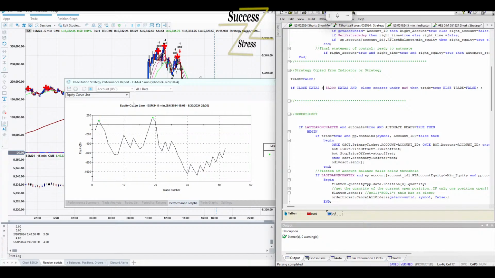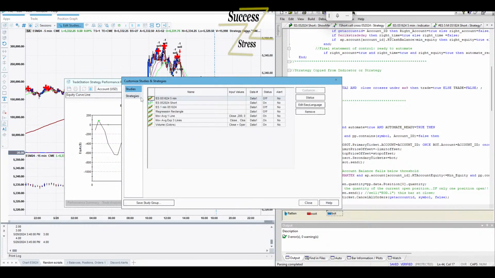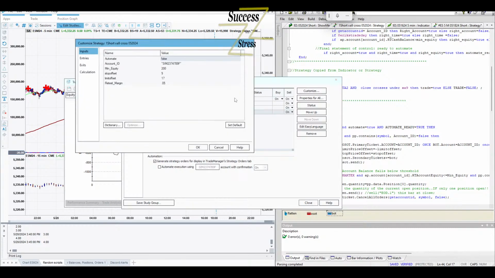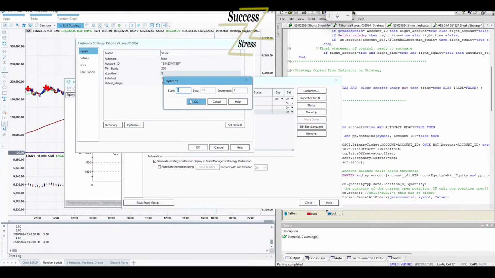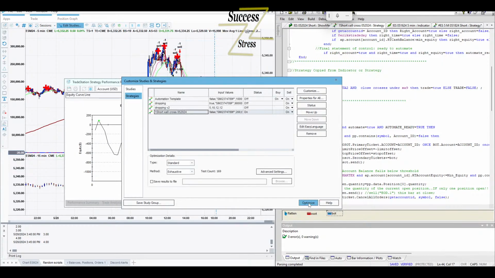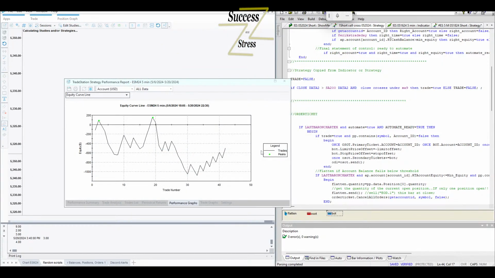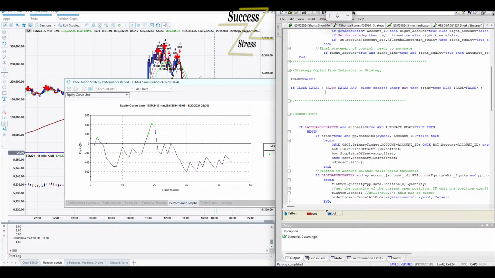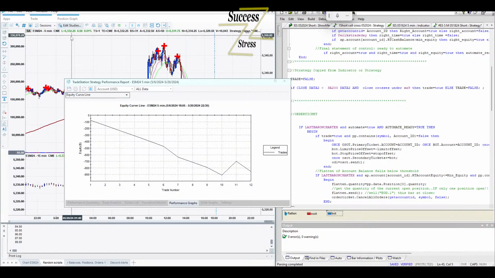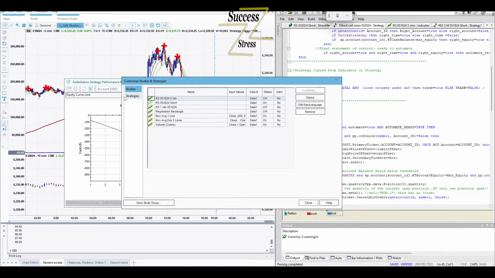I mean, we probably should have optimized it before we flipped it, but anyway, that still looks better than the first way. So now we go over here, want to re-optimize. All right, no bueno. So to me, that just says that it's not significant. All right, then let's verify this.